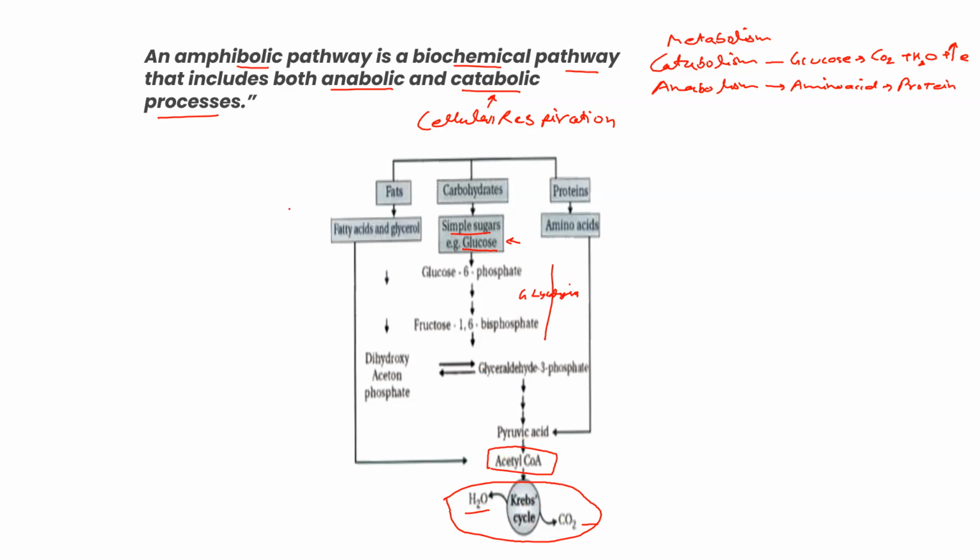Now, when our body doesn't get sufficient carbohydrate for energy, at that time the fats in our body break down into fatty acid and glycerol and enter different stages of cellular respiration and give us energy. Fatty acid forms acetyl coenzyme A, so fatty acid enters the acetyl coenzyme A stage, then the Krebs cycle, and releases energy. From glycerol, we get glyceraldehyde 3-phosphate. So glycerol enters the glyceraldehyde 3-phosphate stage, then converts into pyruvic acid, acetyl coenzyme A and the Krebs cycle